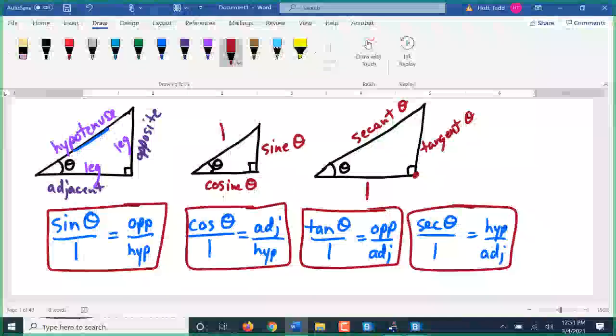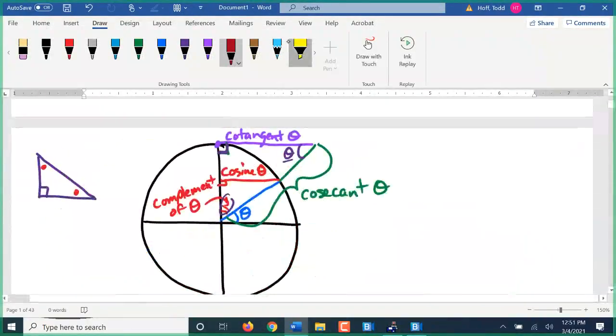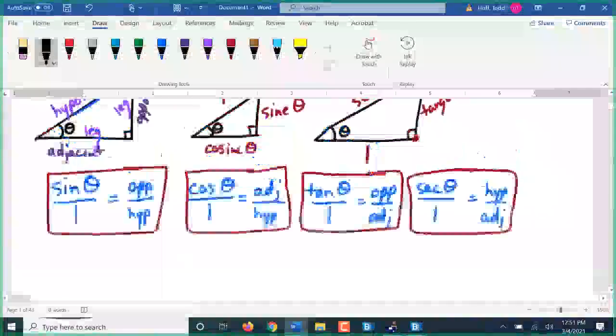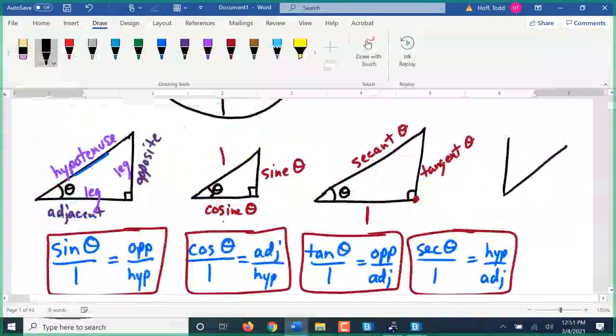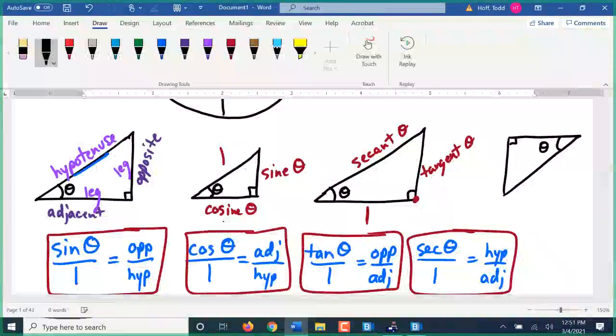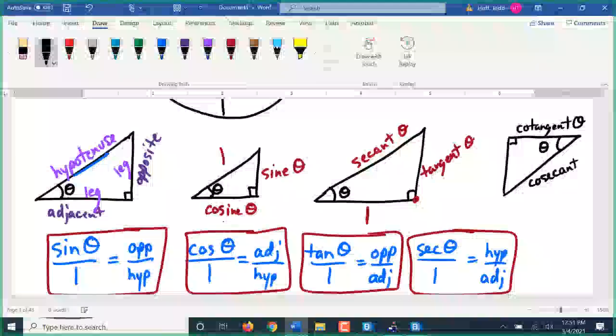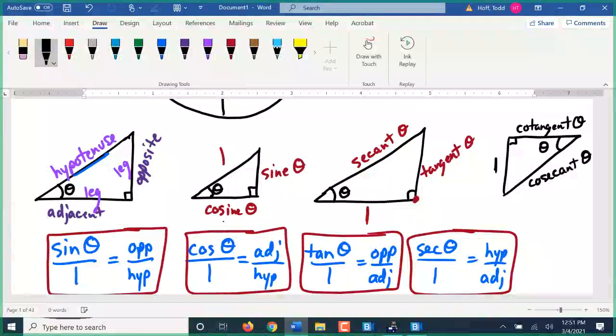Well, there's 2 more trig functions to go, the cosecant and the cotangent. They come from this triangle right here. That triangle is upside down compared to these triangles. This is a right angle. This is our angle theta over there. This is the cotangent. And this here is the cosecant. This would be the radius, the size of 1 over here. So if I compare those,